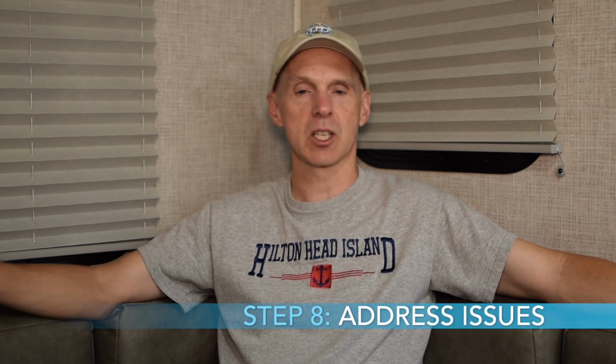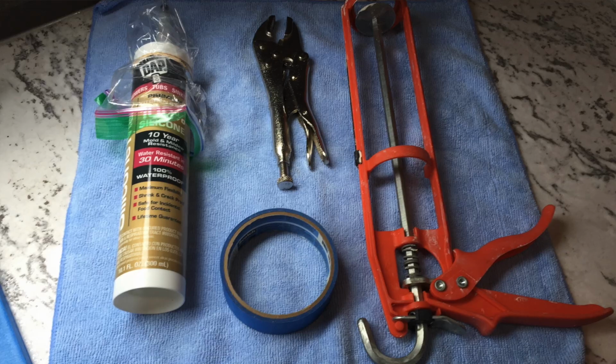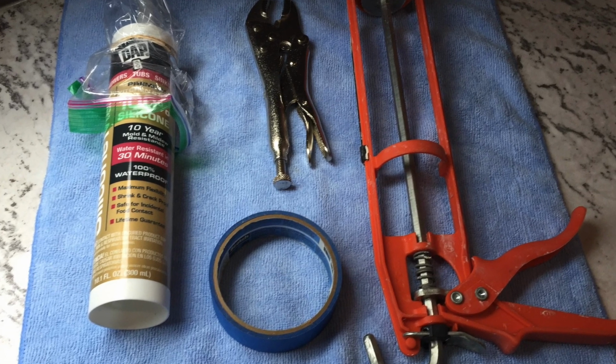Number 8 is address any issues that need to be dealt with. This is from a maintenance perspective. This is a great time to do this. Sink caulk or loose screws, etc. that may be showing up. Generally, this is a great time to tackle routine maintenance items and those things that are generally not working well